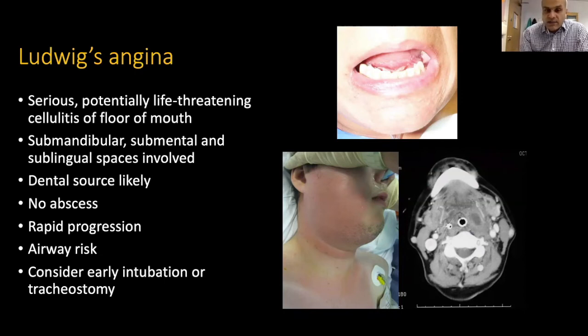So don't stick 26 drains, but definitely look at, feel, and see where the potential areas are. If you've got good imaging, then put your drains towards where the obvious focal areas of collection or edema is. So bilateral submandibular, submental, and intraoral drains going towards the floor of mouth and towards the back, towards the masticator